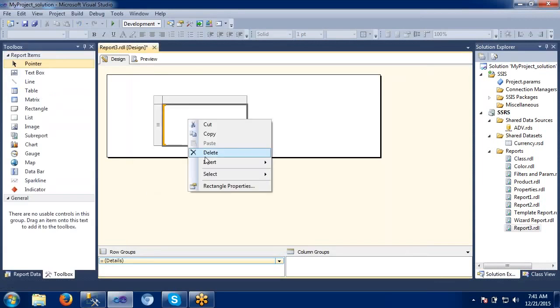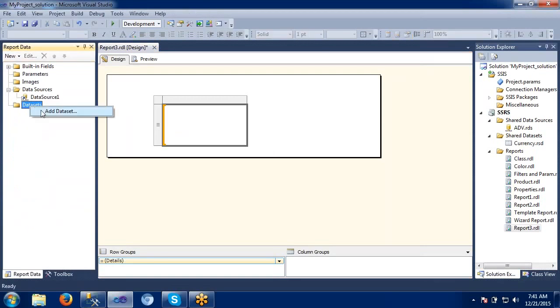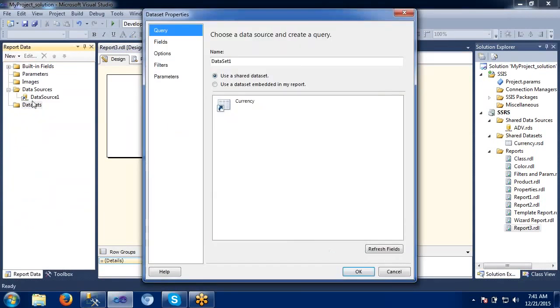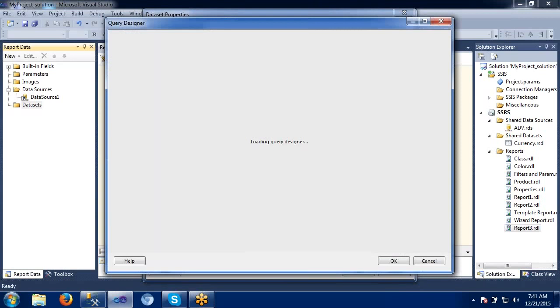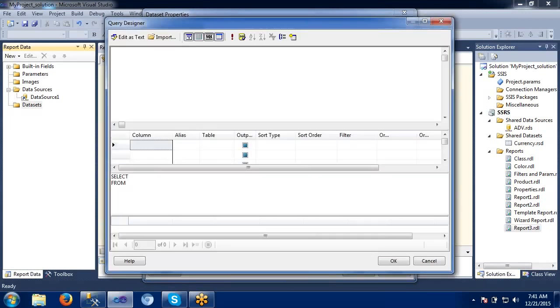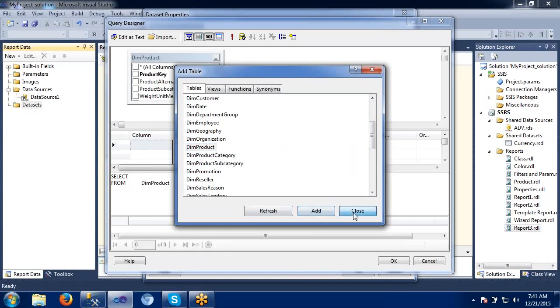In this, I am adding a data set. I have just connected the database now, and I'm trying to add a data set here. What I will take here is our regular stuff only. Adding the table here, DimProduct, because till now we have covered all the reports using this table only, right?